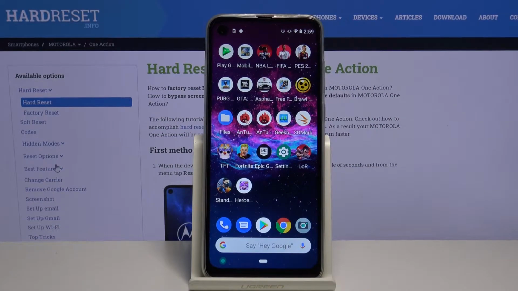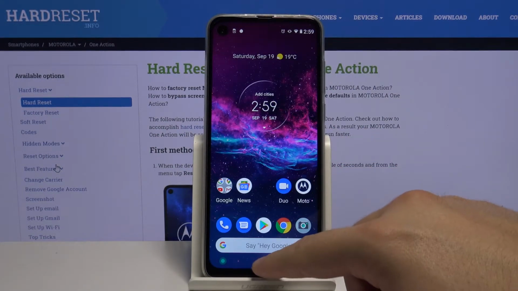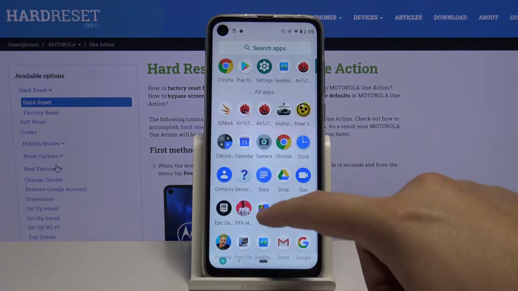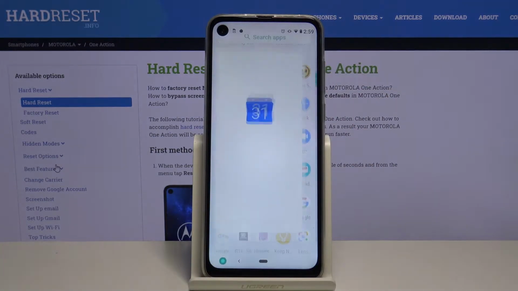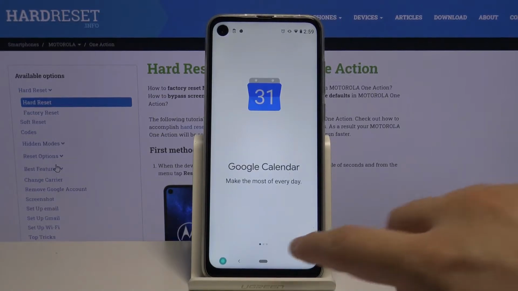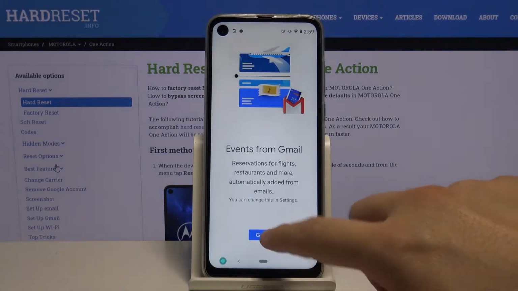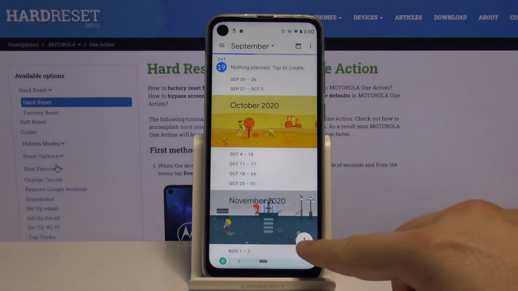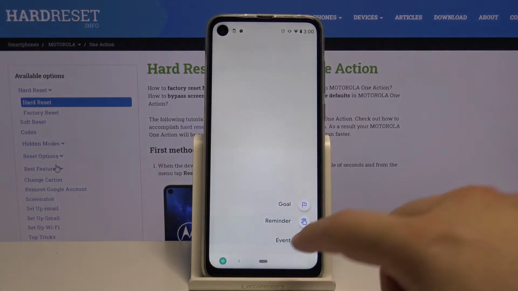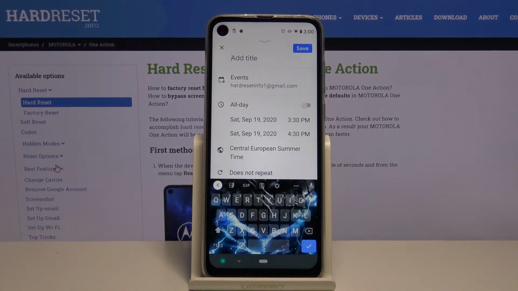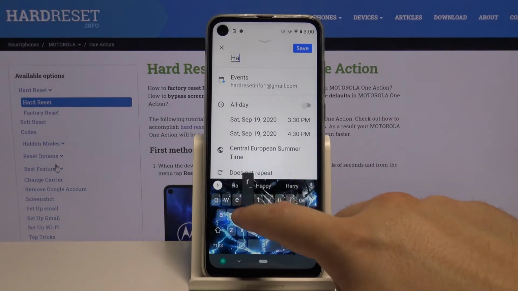Welcome. If you want to add an event to the calendar in your Motorola One Action, first you have to open the calendar, click right here on this marker in the right corner, and select event. First, we have to add the title of our event,